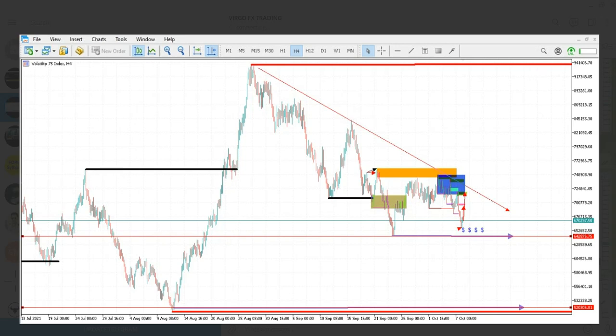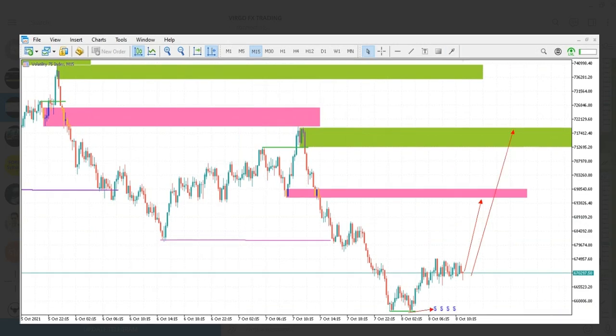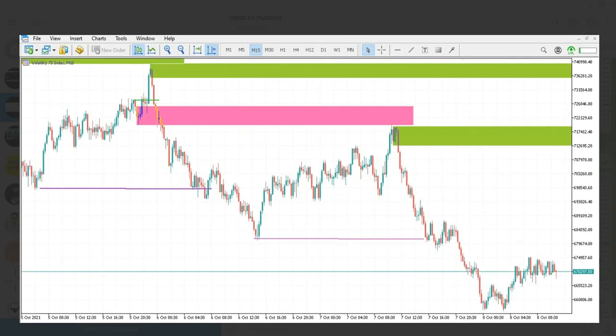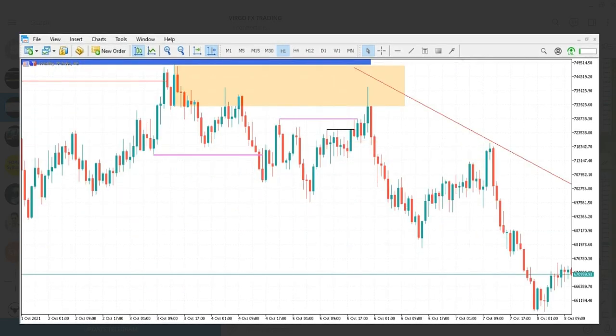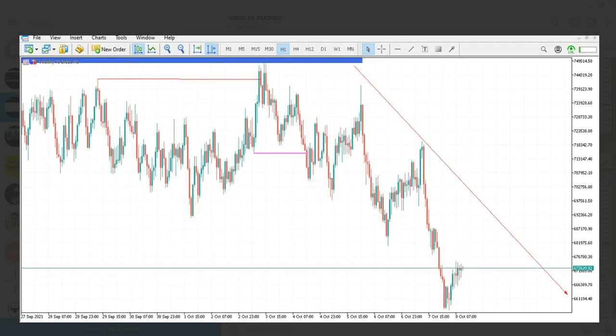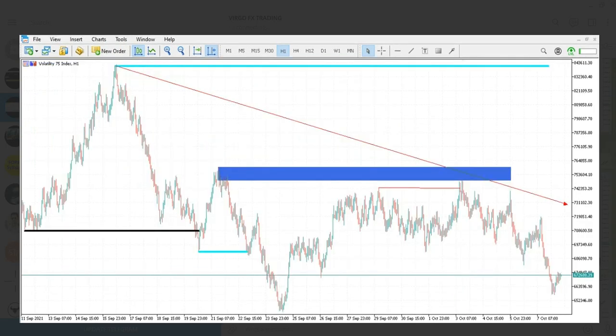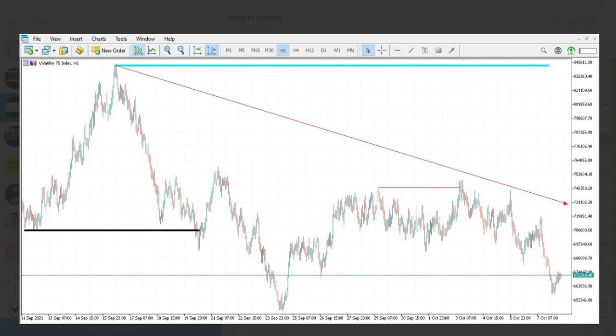and then after that we expect price to push back up and then to mitigate the order block on the daily time frame. So guys, this is all that I wanted to show you. This is how to enter, this is how to take profit, and this is how to capitalize from a higher time frame to a lower time frame. So I hope you got all that you needed to trade order blocks, and all that you needed to get sniper entries. So here we had 5 clean, perfect sniper entries.